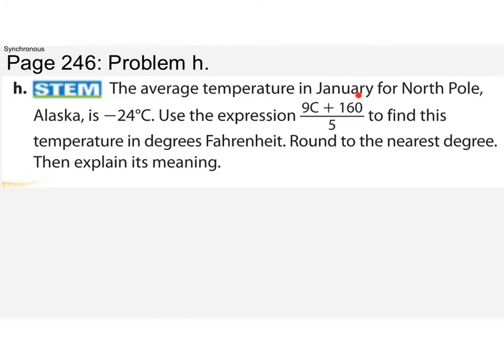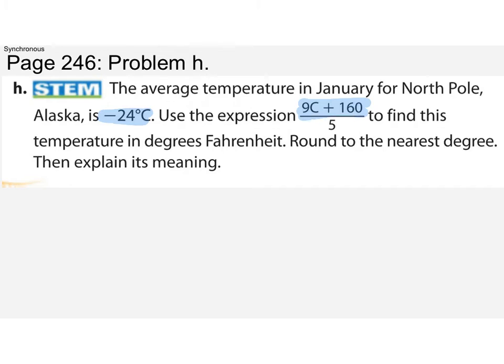Well, what does this mean? Well, this is the temperature in degrees Fahrenheit. So I will be changing... So now I'm explaining it in my own words without using numbers. I'm changing this negative 24 degrees Celsius into Fahrenheit, which is the temperature that we normally use here in the US. So I'm going to go ahead and highlight my important